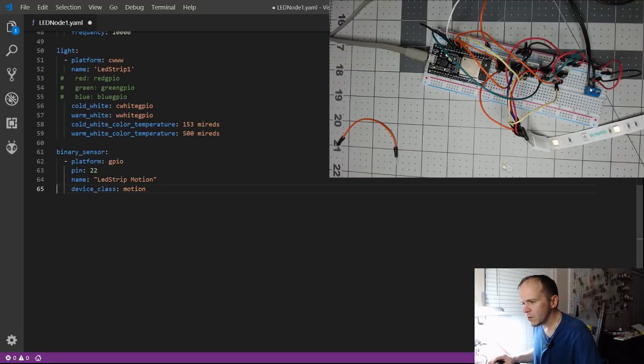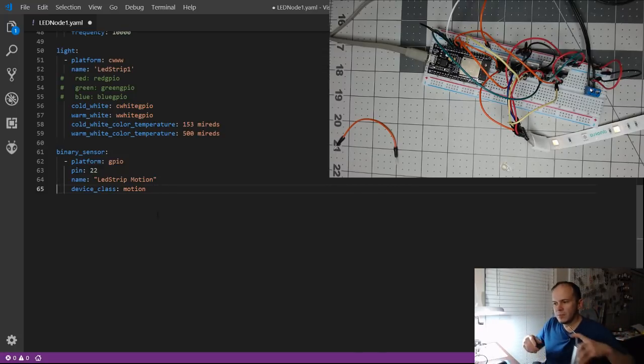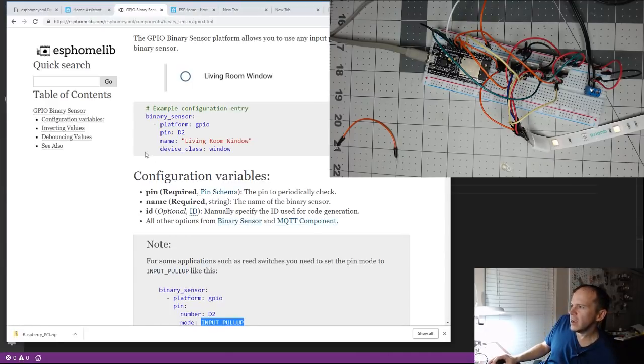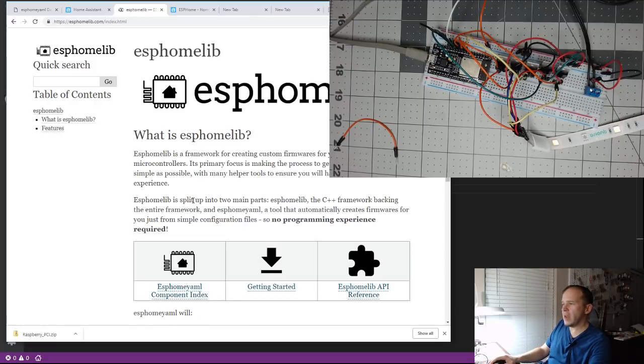How to move different parts of your script, different cores. Really, it's much like the configuration YAML. I've just been copying and pasting all the different pieces out of the documentation. I haven't even done a DHT. I'll dig in my box and find that DHT22 and we'll fire it up.